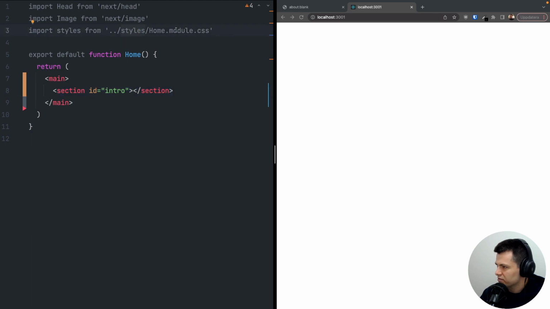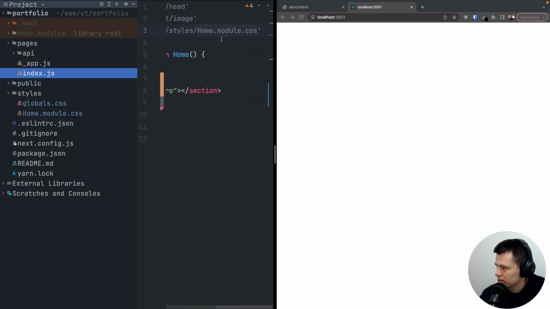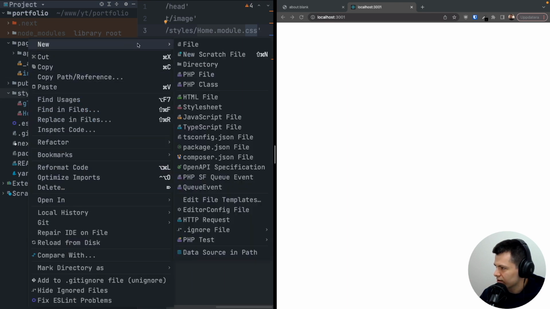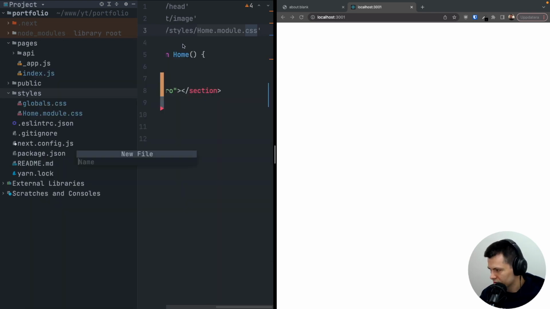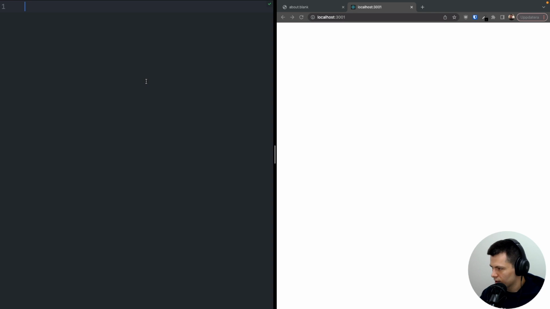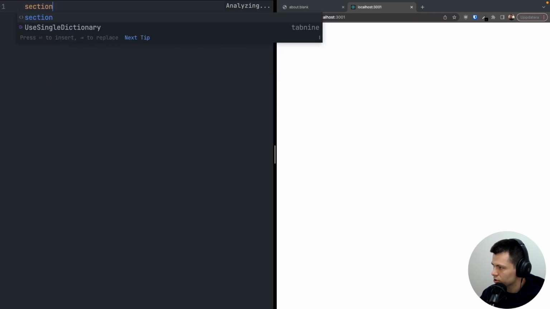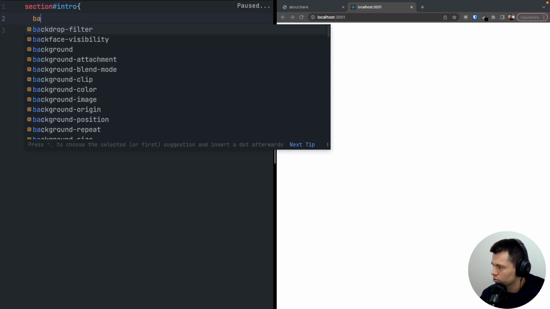So here we have styles for home, but we can use this one. Actually, as you can see, it's CSS and we want to use Sass instead. So I think I will create a new file here inside styles, and let's call this one intro.scss. And let's start by saying that the intro section, so let's do section with ID intro, should have some background color of